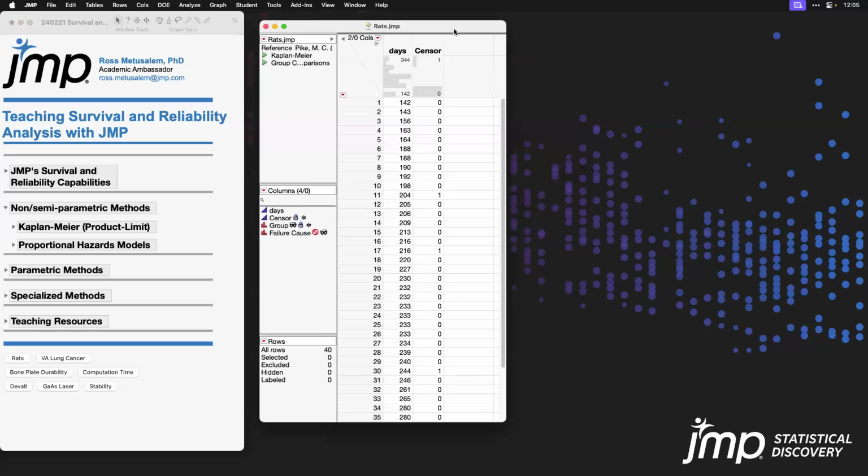I should mention at the end, you might see in my journal there, we're going to talk about teaching resources, and I'm going to show you where to access every sample data set that you see today, as well as some additional teaching